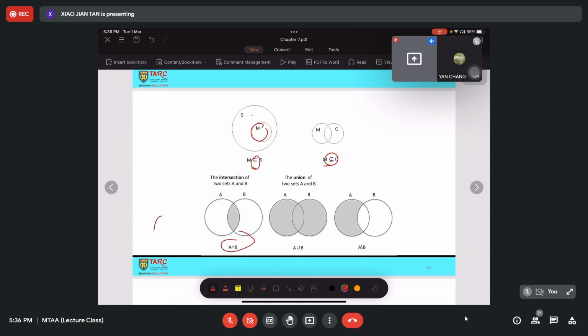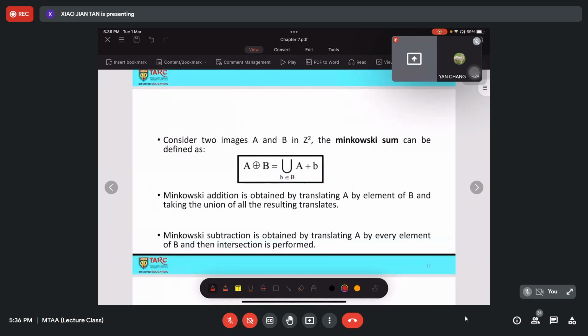This symbol is referring to intersection, this is referring to union, and this is referring to exclusion of B, which means any part excluding B. Because this part is shared between A and B, since you want to exclude B, you only get this part. Consider two images A and B in Z power of 2.